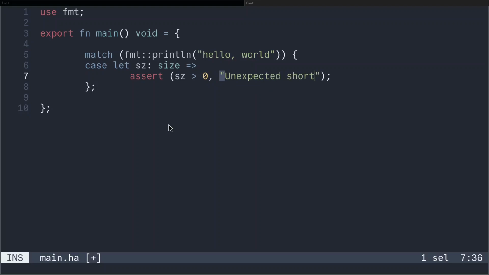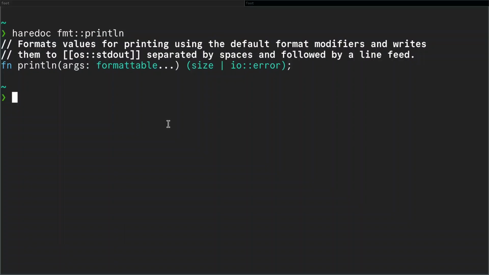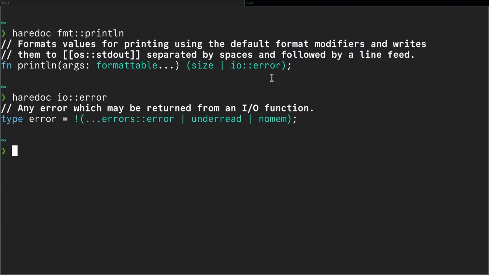An unexpected short write, okay? Now, if we look at the next error, this is IO error. So if we pull that up, we can see any error which may be returned from an IO function. Okay, now I'm just going to handle this one error